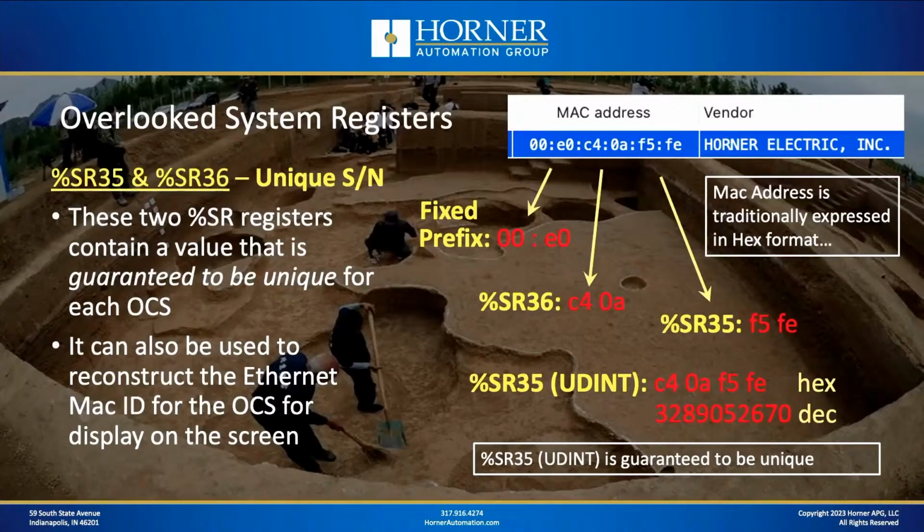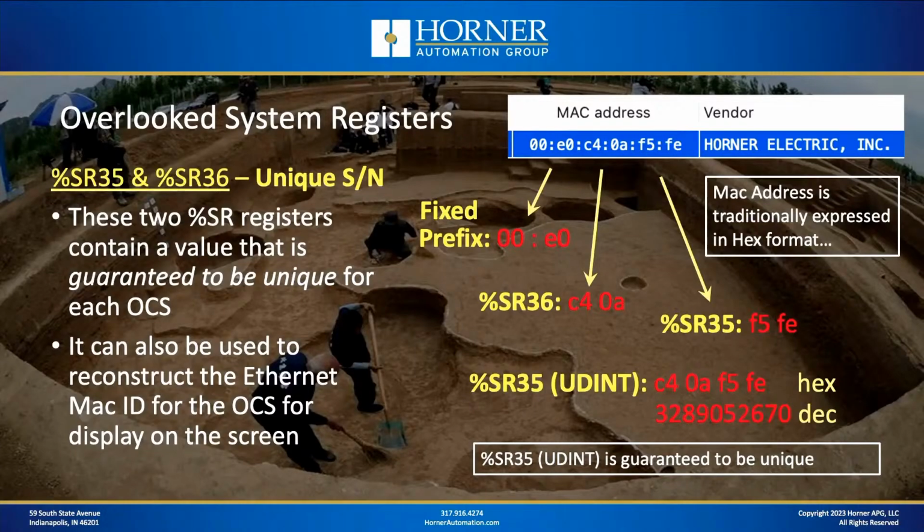Well, effectively, what SR35 and SR36 represent are the portions of the Ethernet MAC ID, the MAC address, that are unique on a per unit basis. Every device that resides on Ethernet that's produced in the world has to have a unique MAC address. That's a requirement. And manufacturers are assigned prefixes for their MAC addresses, and Horner is no different. So we have a series of MAC addresses that we are assigned, and the prefixes are always the same. So the fixed prefix in our case is